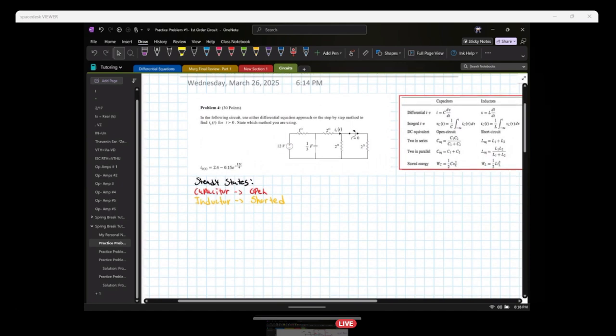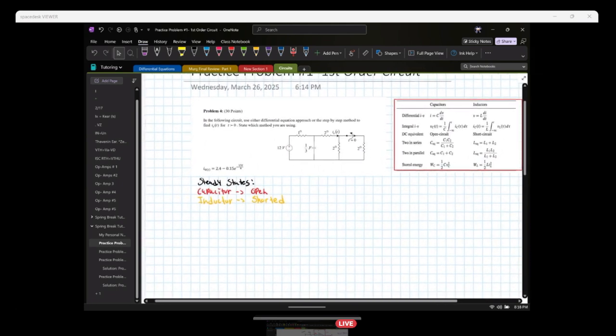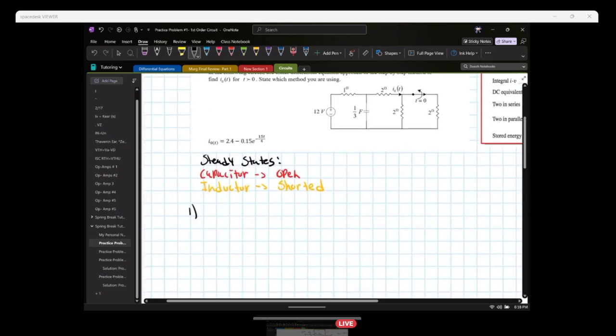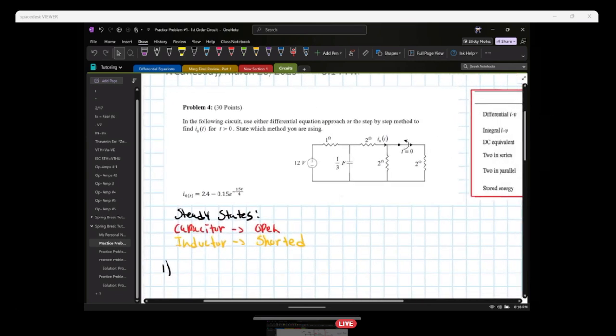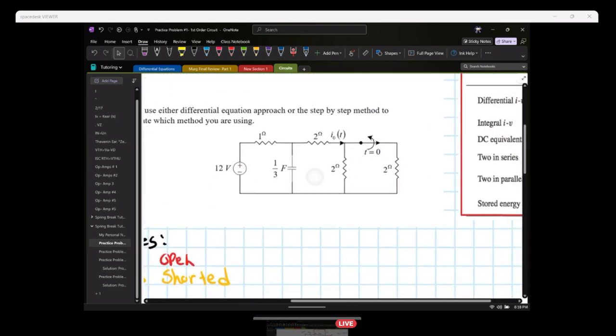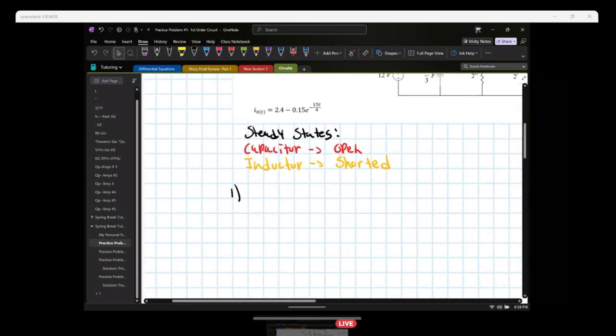We also have the equations over here. We're going to do the first thing, which is, let me see, the switch. So the switch has been closed for a long time. So at t,